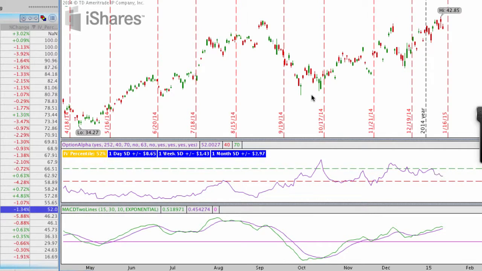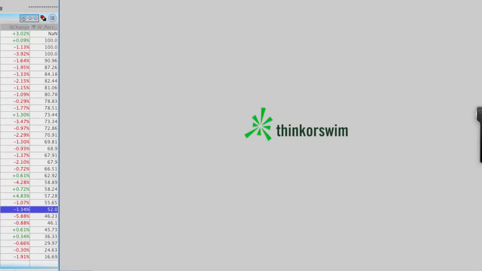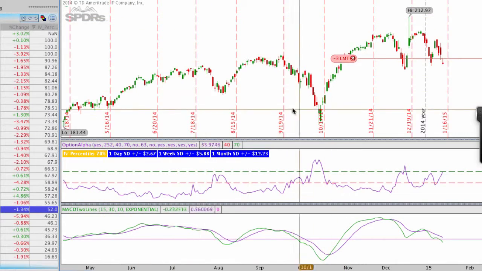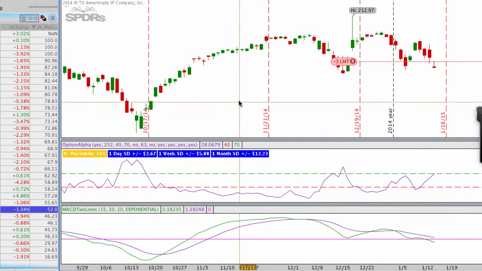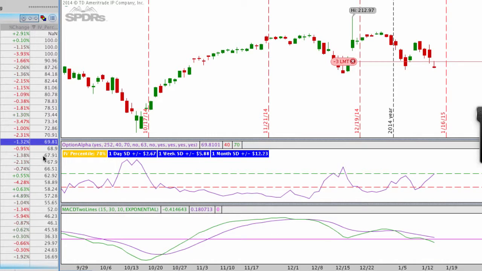So, that's the kind of stuff that we're looking for. We're looking for the low-hanging fruit, things that are moving up. I know that today SPY was another trade, and you can see SPY is right here on our watch list to the left. It has 69% implied volatility, but just the other day it was down in the 40s and 30s. So you start to see that implied volatility is rising in SPY,